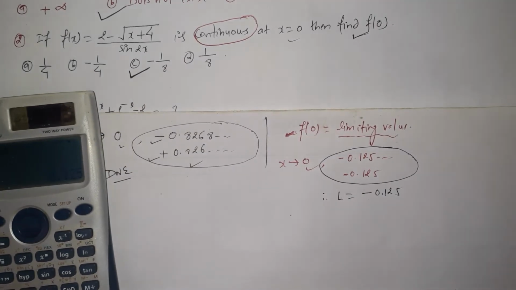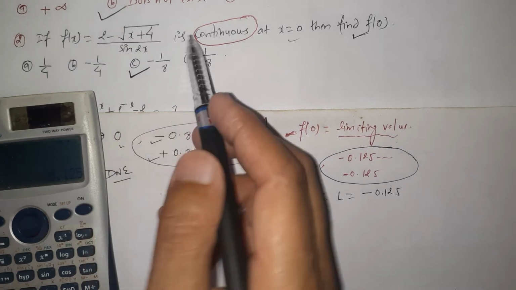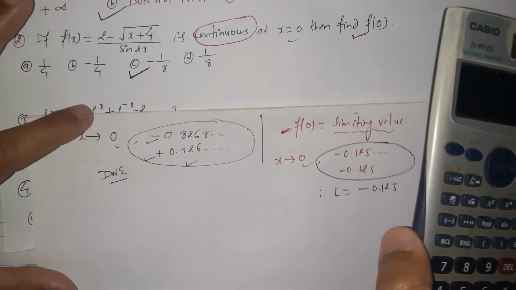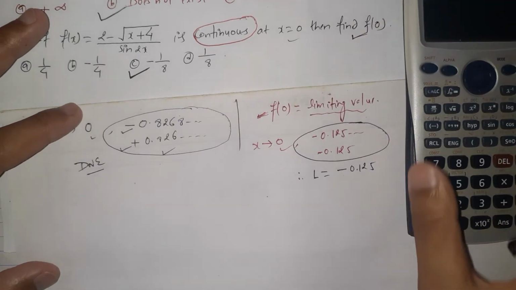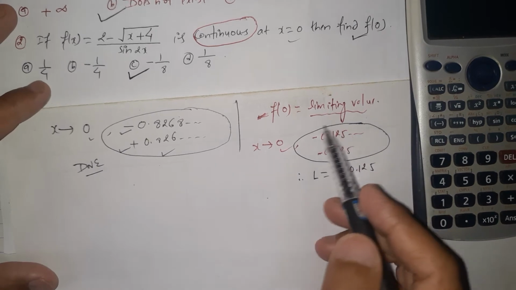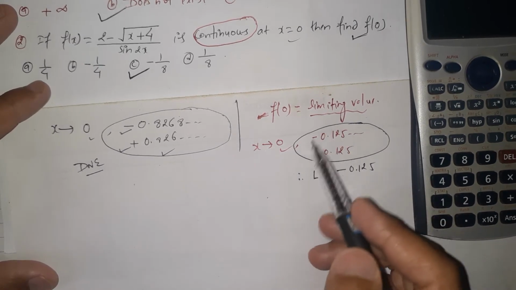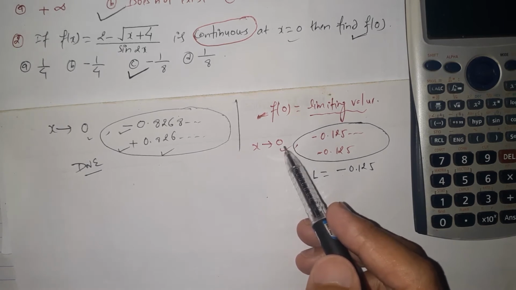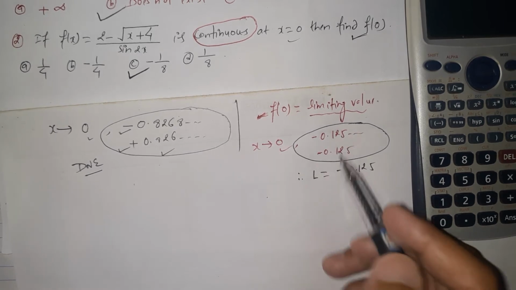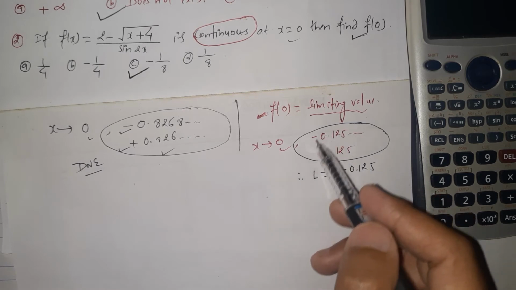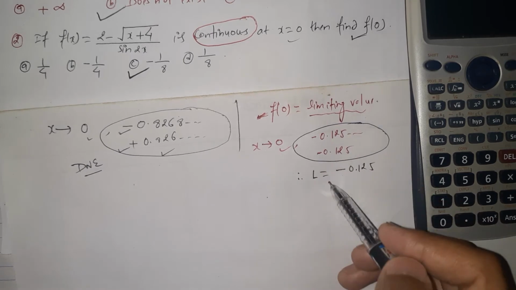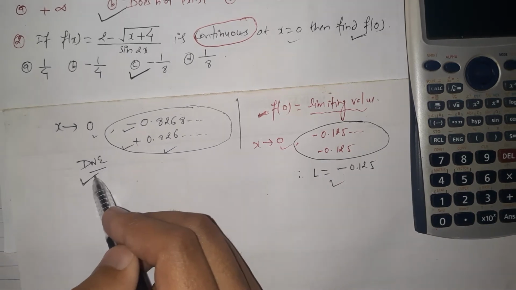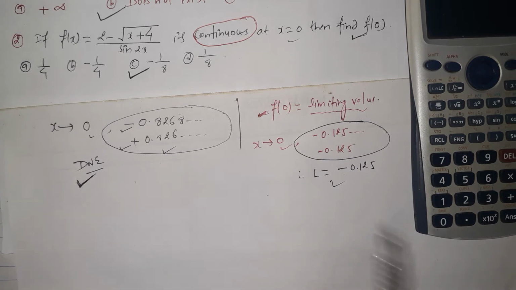Here we calculated the limit of the given function just by using the calculator, by approaching from the left-hand side and the right-hand side. If the functional values after approaching this point from both sides are the same, then the limit exists, and the limiting value is the functional value. If the functional values are not the same, then the limit does not exist. Here there is no existence of the limiting value.